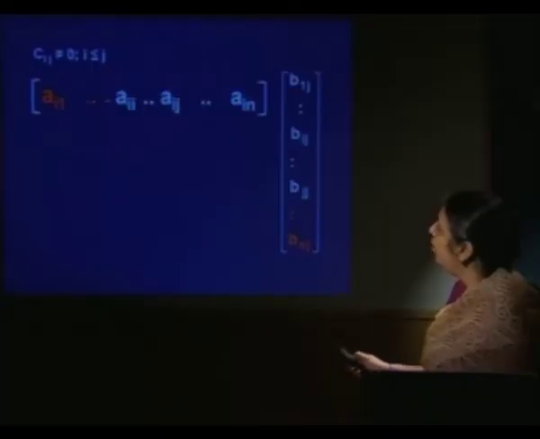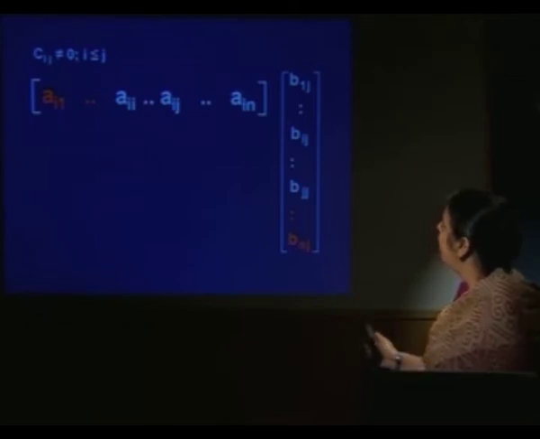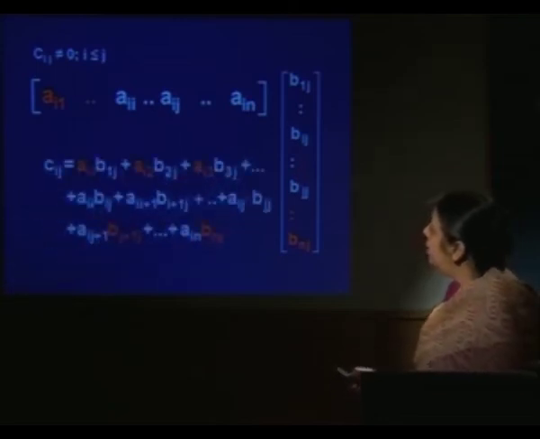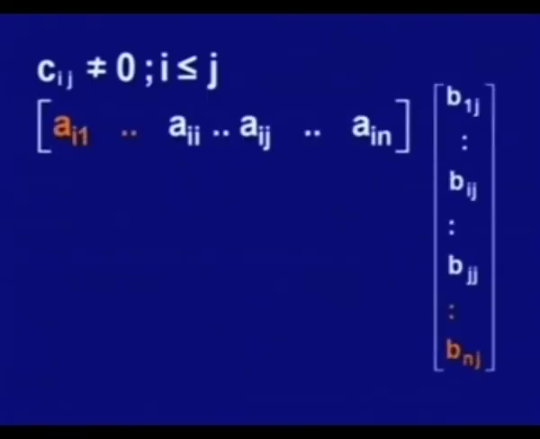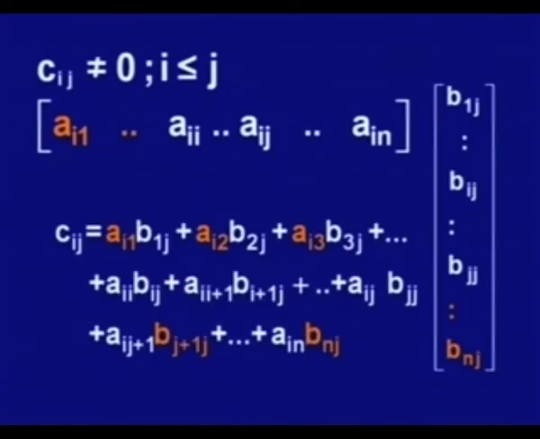So, all these elements are 0, but these elements are not 0. The same thing appears here, Bij comes first and Bjj comes next. So, these elements are non-zero. So, when you take the product Cij, Ai1 multiplied by B1j, it is 0 because Ai1 is 0, Ai2 multiplied by B2j, it is 0 because this is 0, Ai3 B3j is 0, but Aii Bij is not 0. Similarly, Ai+1 Bi+1 j is not 0, the next element is not 0, and up to Bjj all elements will be contributing, while after this these terms will be 0.